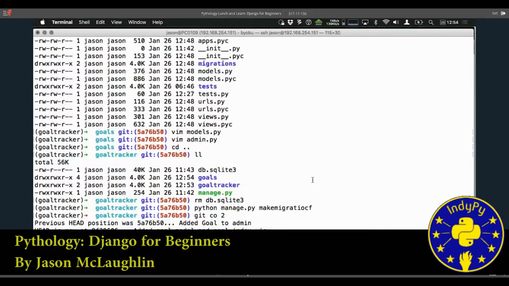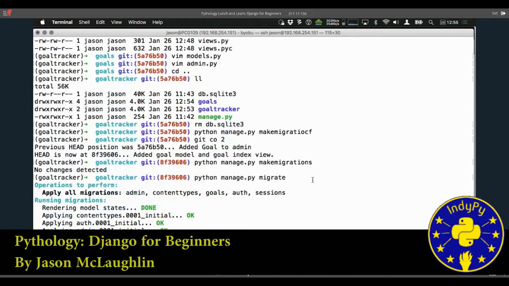Okay, so we make migrations to look at our applications, our models, and say, hey, is anything new? Is anything changed? Do we need to either create some new tables or alter existing tables, remove columns? It detects changes, puts those in your code in your folder named migrations. That's new as of what? 1.8? Yeah, and it used to be you had to use a library called South to do this. Right now it's integrated into Django. The guy who wrote South was working on making it integrated into Django. So it's nice. So here we run the migrations,